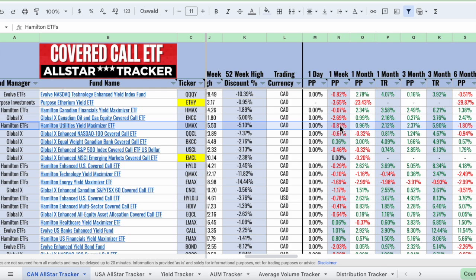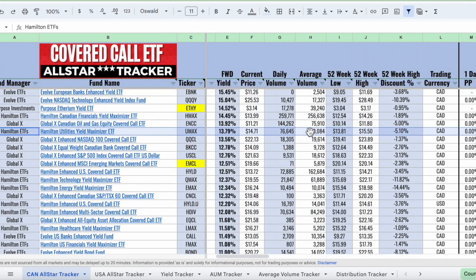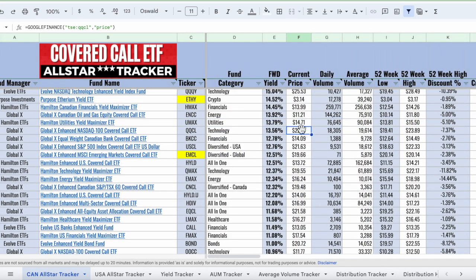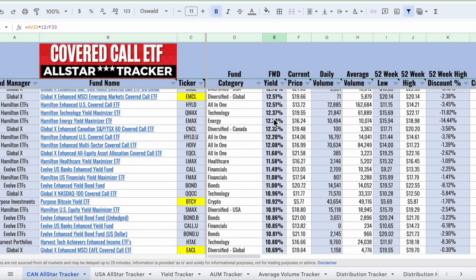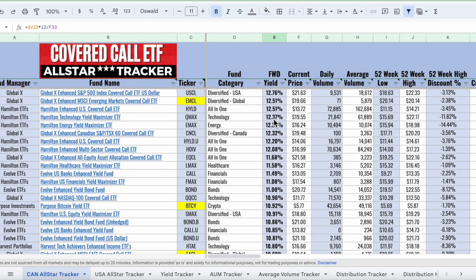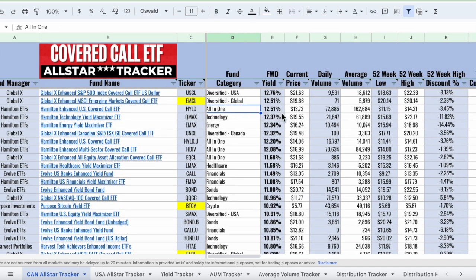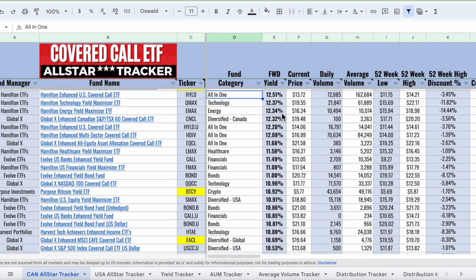Over the past month, it's up 1%. Over the past 3 months, up 2%. So again, you're not going to get explosive growth from UMAX. It's just a steady eddy just for income. But as we move down the list, we also start to get into more of the all-in-one ETFs that invest in other ETFs like HYLD at